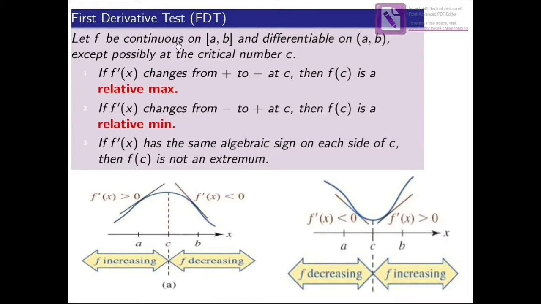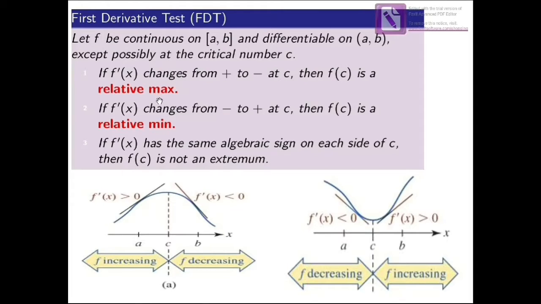Let f be continuous on the closed interval [a, b] and differentiable on the open interval (a, b), except possibly at the critical number c. So, if f prime of x changes from positive to negative at a point c, then f(c) is a relative maximum. So if the derivative changes from positive to negative, then we say that at the point c, the function has